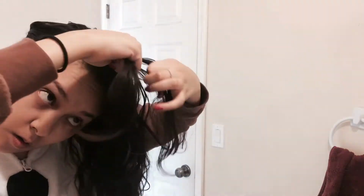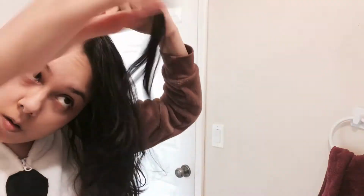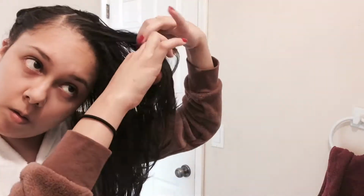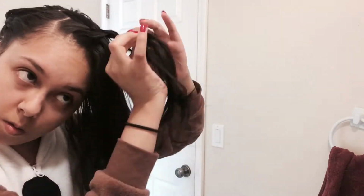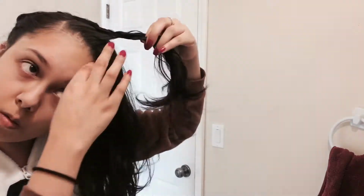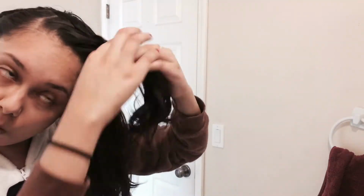Now we move into the bigger section. I tend to just do side parts every time because I like them better on me. Just towards my face, grab the second section, and then wrap them around each other away from my face. I'm basically parting